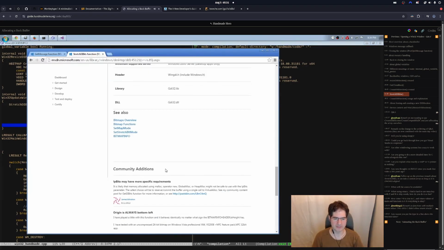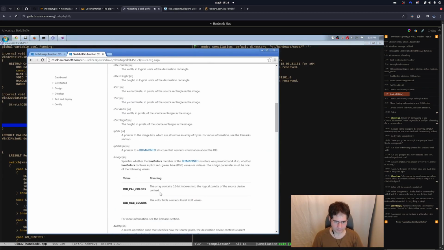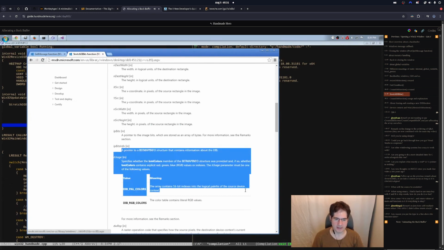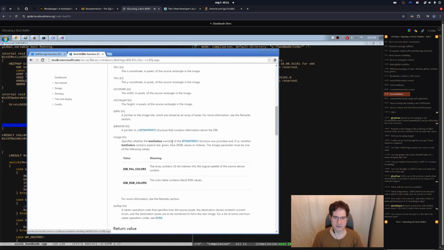So let's take a look at MSDN again. Go down here. You can see that basically the usage tells you what kind of a picture this is that you have done, what kind of a buffer you have made. There are two kinds of buffers. One is palletized and one is RGB. Now,